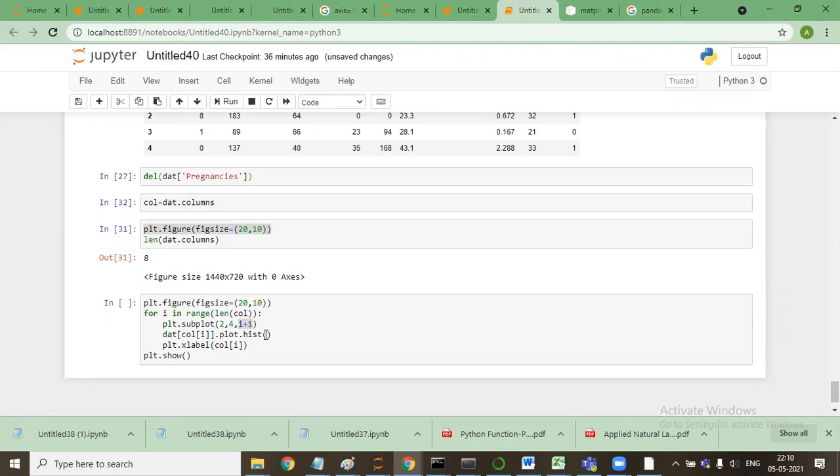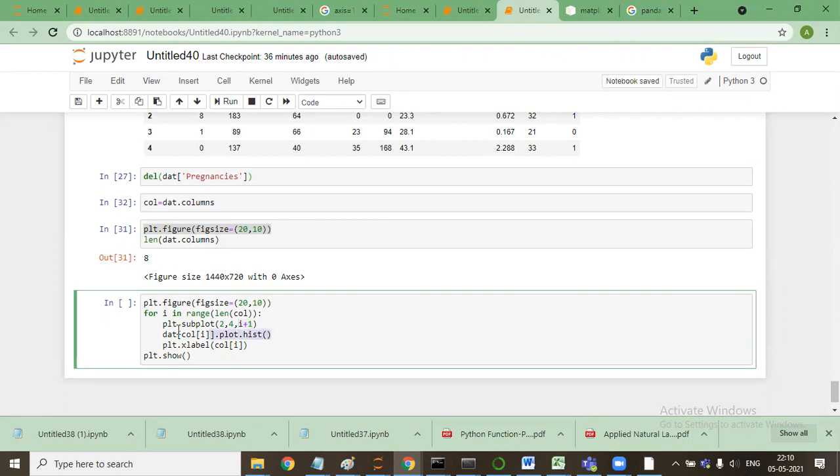Because a histogram is a univariate plot which only requires a single variable. A line chart is a bivariate plot which requires two variables, x and y. I'll tell you what a histogram is, but I just wanted to show how we can use subplot through loops.